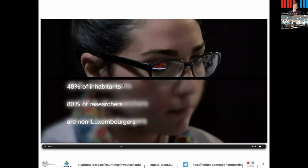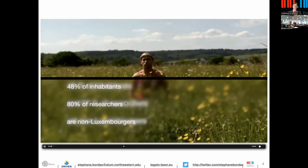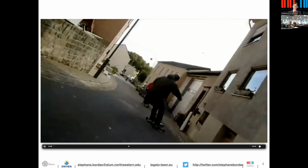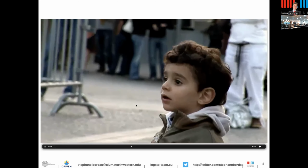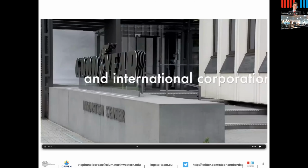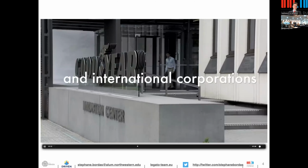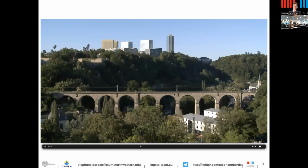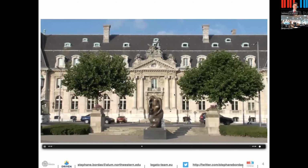As you can see, there are a huge number of researchers that are not Luxembourgish, 80%. In fact, there would be ways to increase that number. And there are here many in European institutions. As you can see, very stable government, and it is a super welcoming place, which I encourage you to visit, and I hope that